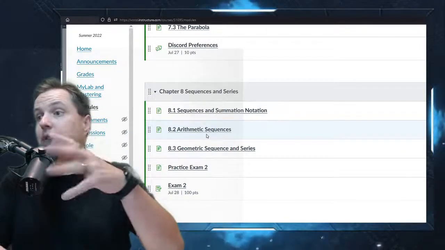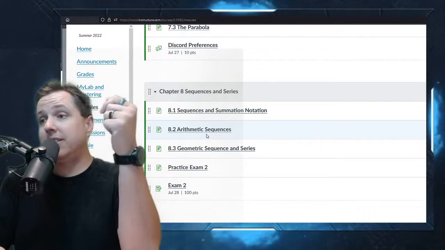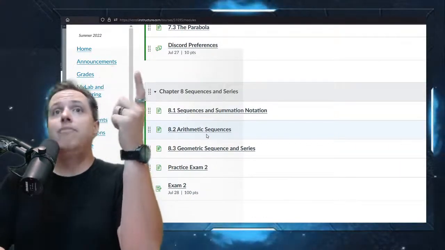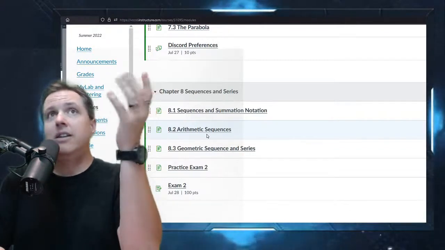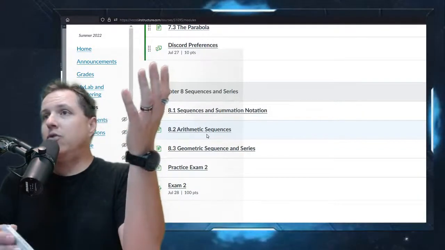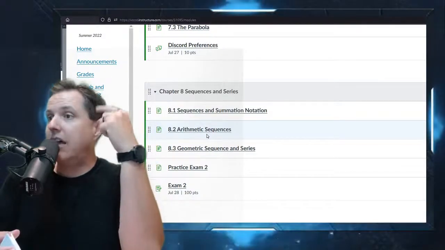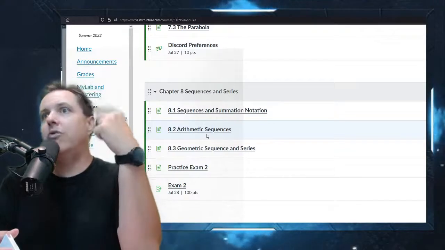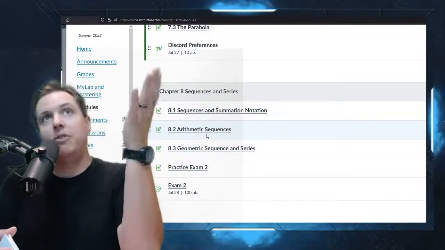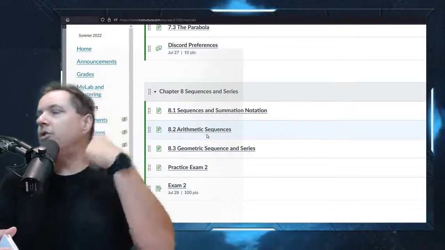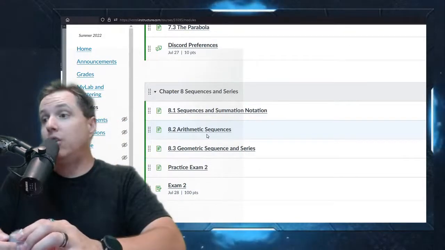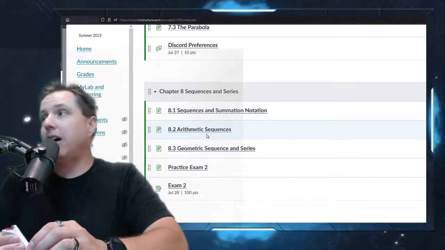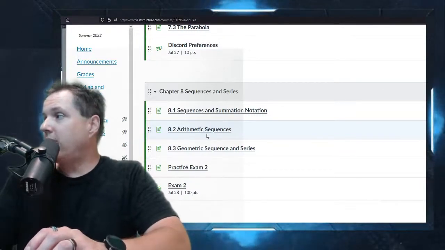It depends on what you're doing, but for most people in STEM, you're going to see this stuff from time to time, and some of you are going to see it a lot, right? So if you go into computer science, just Chapter 8, you're going to use these ideas all the time. You're actually going to start to think like Chapter 8, right? The way that you do a for loop in a programming language is an iteration, and sometimes you're going to be adding things. Oh, well, that's just a series, and so these kinds of ideas are going to come up a huge amount. If you're in computer science, you're going to be doing this stuff multiple times a day for the next 40 years or whatever.